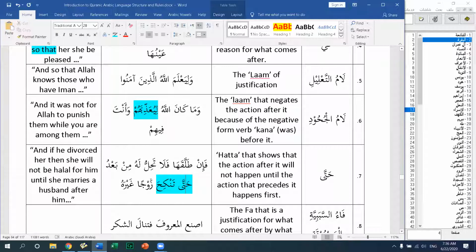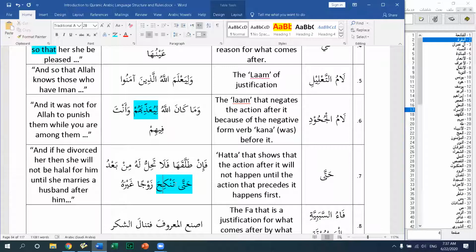Until she marries another husband other than him. And by the way, the word nikah, just to give you a linguistic benefit, originally means intimate relationship, intimate contact. And by intimate, I mean that. I just don't say certain words like that. Anyway, so until she marries and consummates the marriage, the Prophet ﷺ made it very clear that if a woman